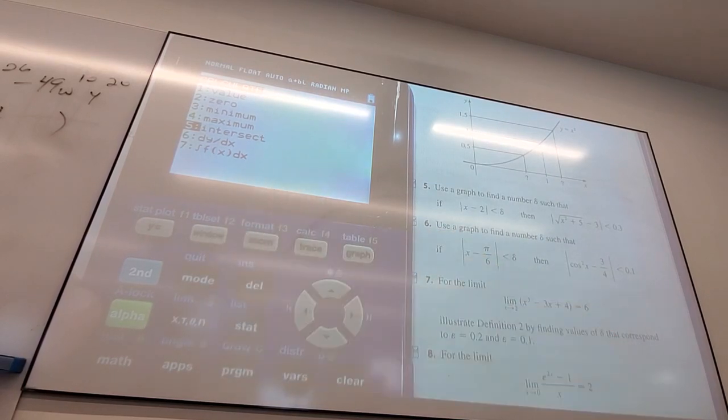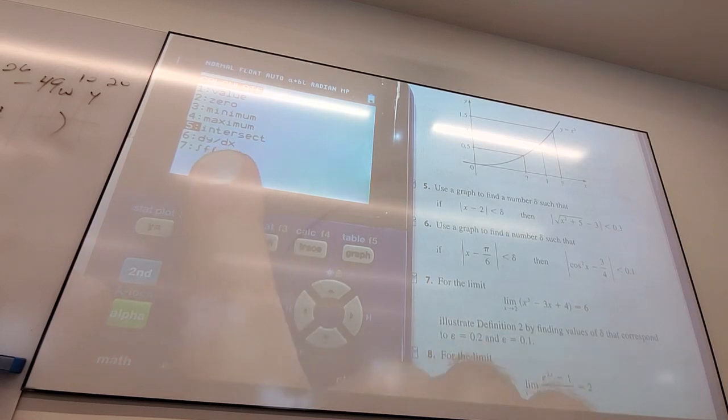The last two are calculus. The last two are math 180. If you didn't hear me, I said the last two are math 180. I don't know why. So if I go to intersect,